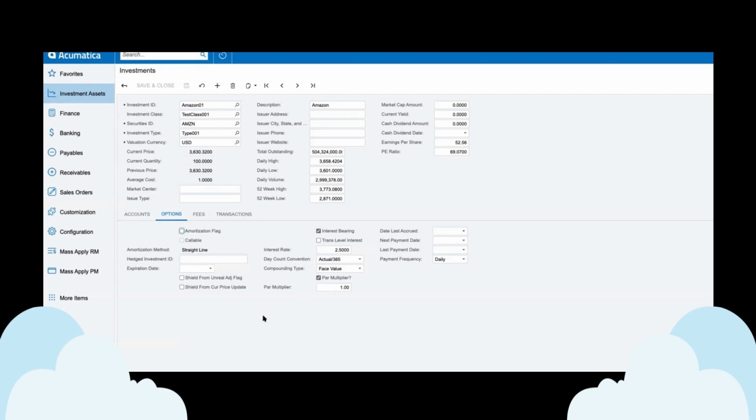On the options tab, you can see that we've got the ability to define this investment as either amortizable or not. And if it is amortizable, we do support either straight line or effective interest rate methodologies. We also have an expiration date. So if you're tracking calls and puts of options, we can track the expiration date of those particular options vehicles. And if you are having one investment as a hedge against another investment, we can indicate that within the investment